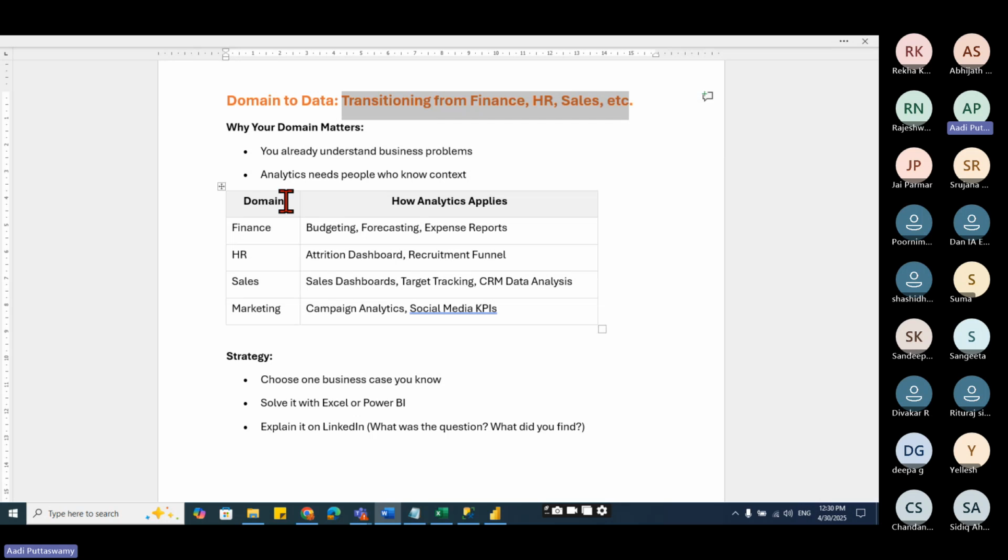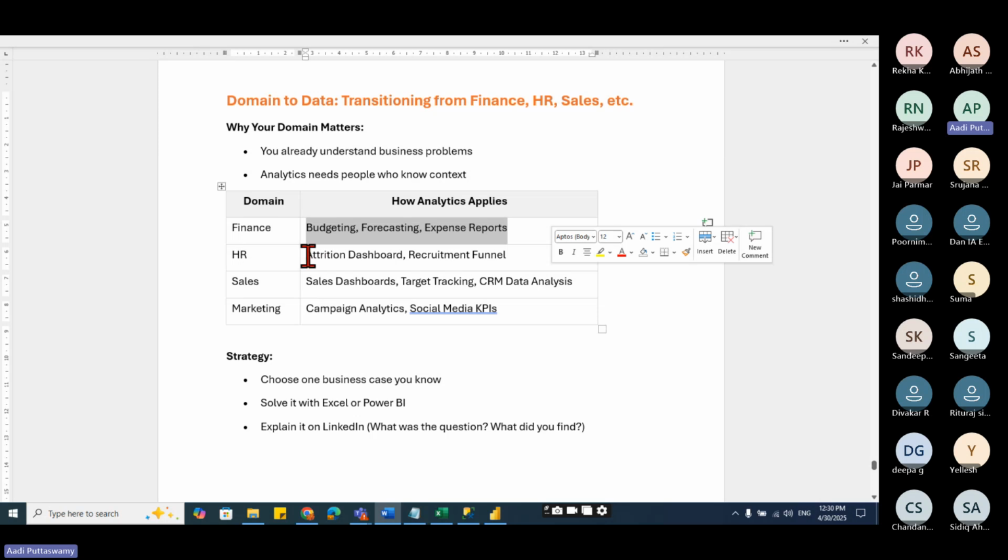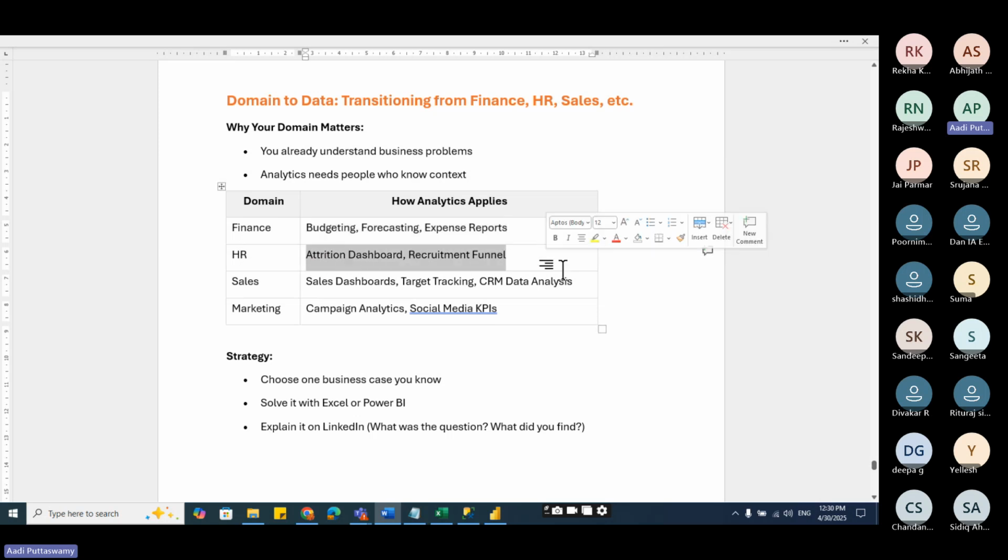Okay. Right. What is the domain? How analytics applies? Finance: budgeting, forecasting, expense reports. HR: attrition dashboard and recruitment funnel. Sales: dashboard, target tracking, CRM data analyst. Marketing: campaign analytics, social media KPIs.